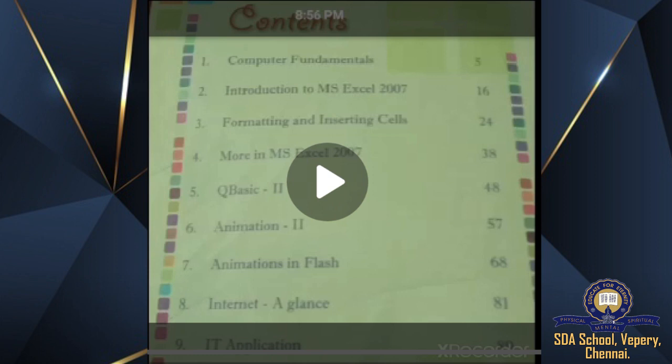Last year in 6th standard, I hope you all enjoyed our computer class, what all we studied. Shall we recollect all those things we have studied in last year's class, 6th standard? We have studied about computer fundamentals. In computer fundamentals, we have learned so many things about the parts of the computer, how they operate, how they help us in working out of the computer.